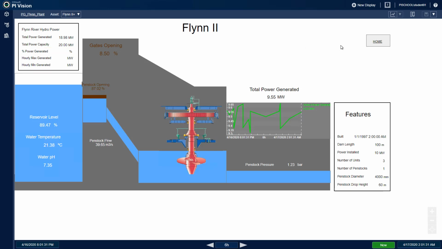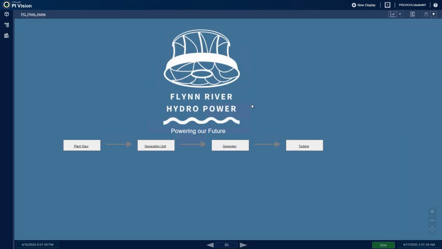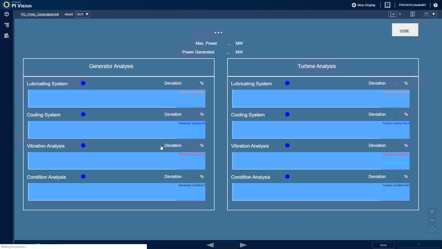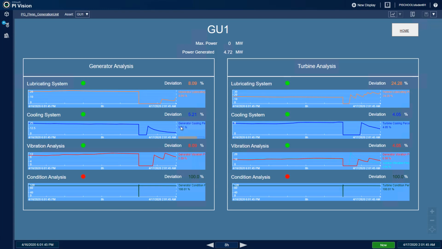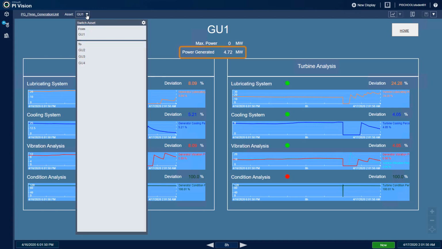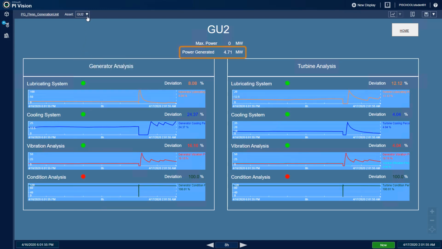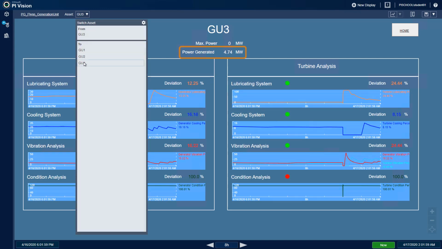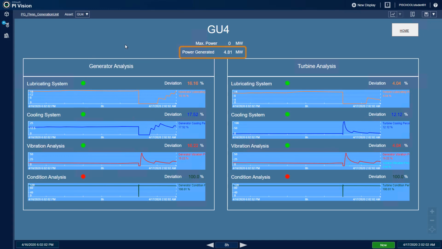Next, we will go back to the home display. Open up the generation unit display. And we can use the asset dropdown to see which has the highest power generated. So when we switch through, we can see the values changing when we select different assets. And from this, we can see that GU4 has the highest power generated. Then back to home,